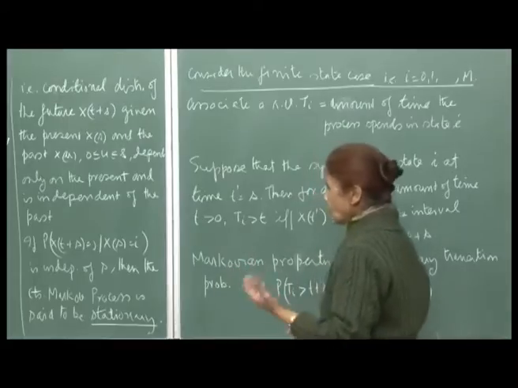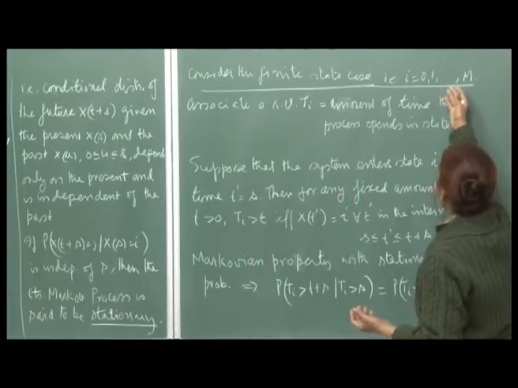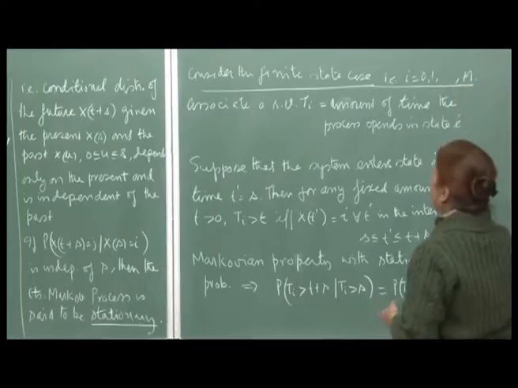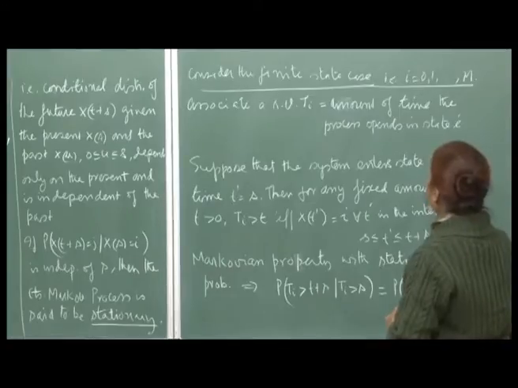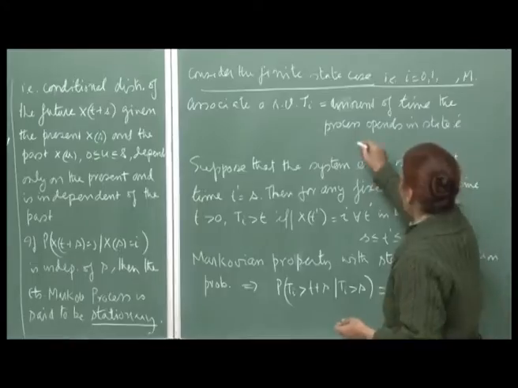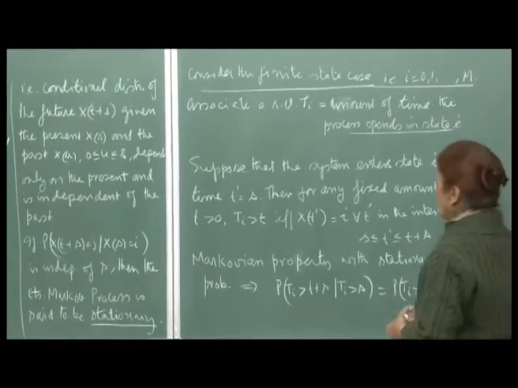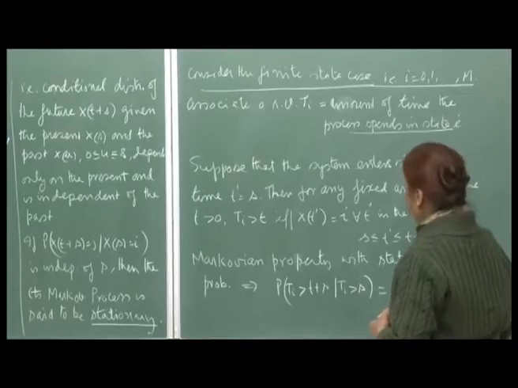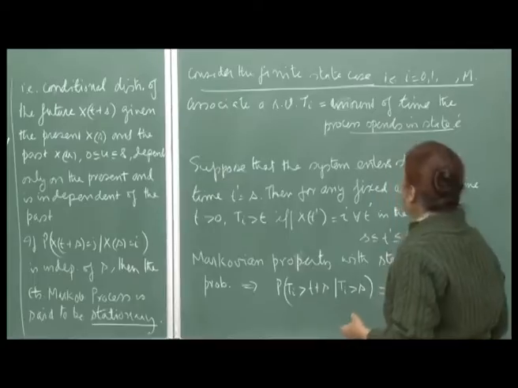And now, let us consider the finite case. That means, it is a continuous process, but it can occupy finite states, i varying from 0, 1 to m, right. And now, we associate a random variable T_i, which is the amount of time the process spends in state i. Okay. So, it continues to be in state i, and how do you